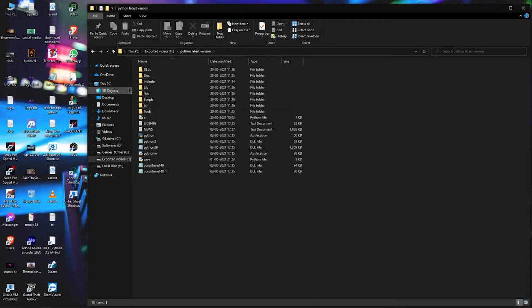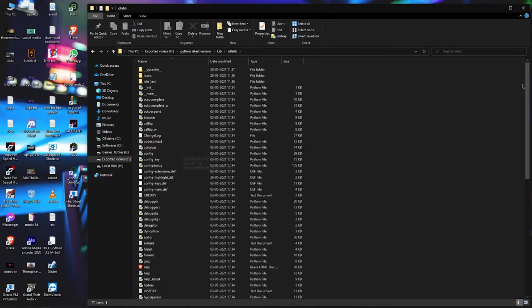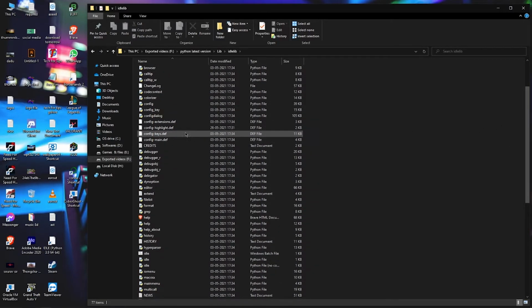Here you will get one lib folder. Open this lib folder, and after that you will get a folder, the idlelib folder. Just open it, and here if you scroll down, you can get this config